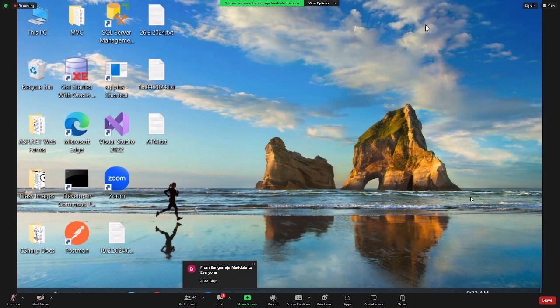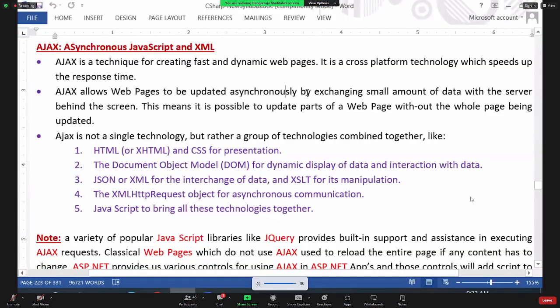Lately, we have been talking about, we started a discussion about Ajax, right? So what is that? Asynchronous JavaScript and XML. So what is Ajax? As I was telling you, generally there is a problem